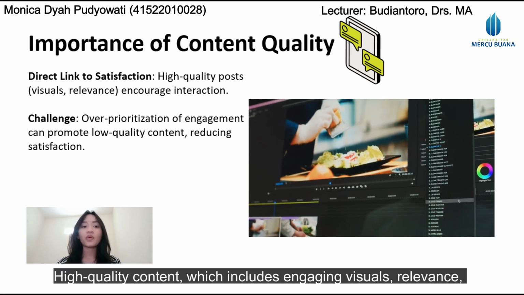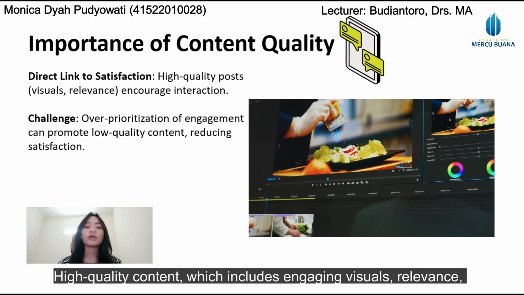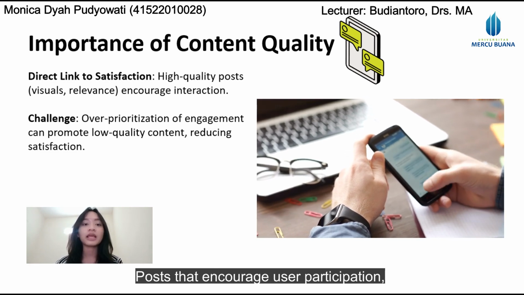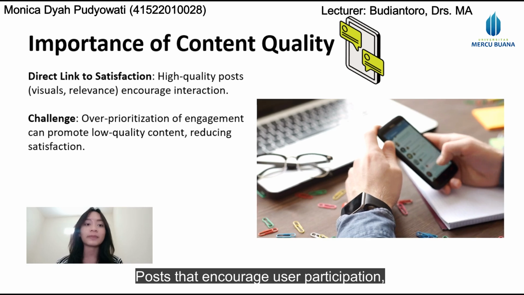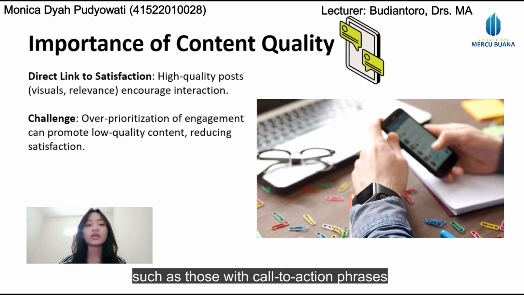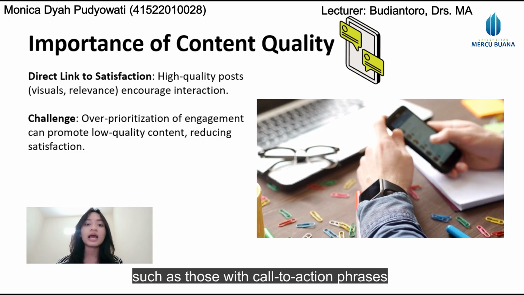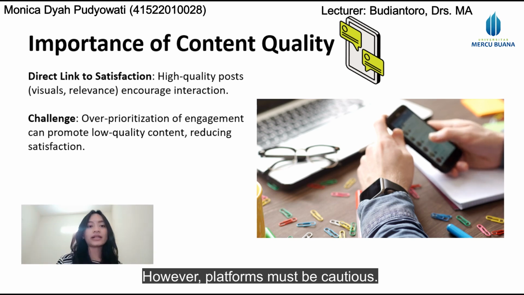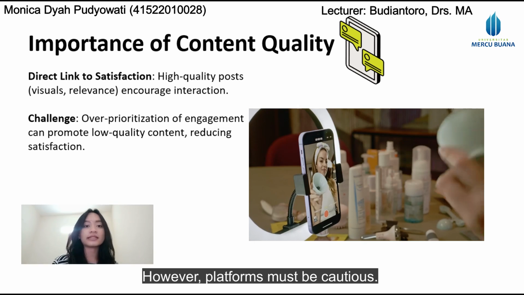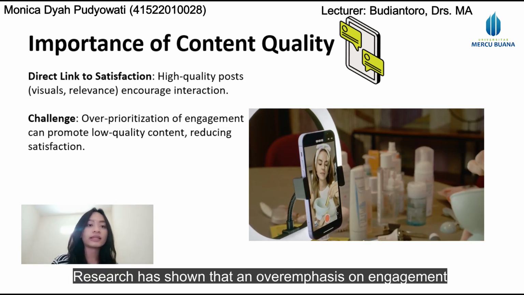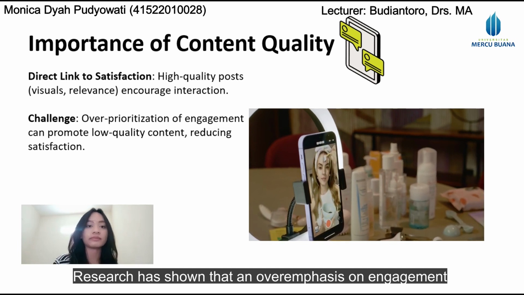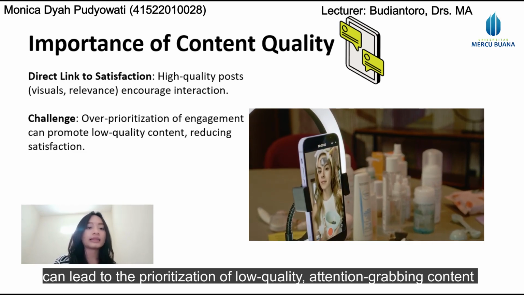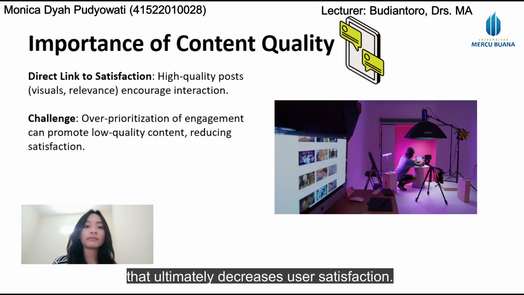High-quality content, which includes engaging visuals, relevance, and interactivity, tends to perform better. Posts that encourage user participation, such as those with call-to-action phrases, are particularly effective at driving engagement. However, platforms must be cautious. Research has shown that an overemphasis on engagement can lead to the prioritization of low quality, attention-grabbing content that ultimately